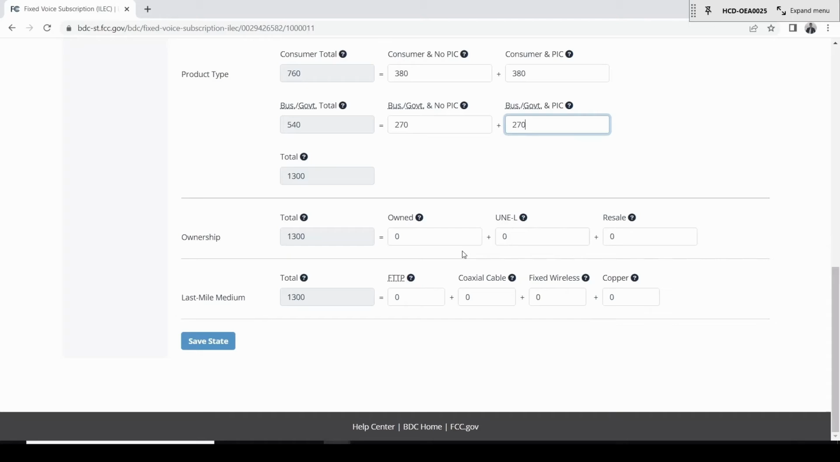In the section By Ownership, you must show how your total lines are divided between lines that terminate at the end user's premises over last mile facilities that you, including affiliates, own, obtain from unaffiliated providers as UNEs, or resell. To satisfy the validation checklist at the top of the page, total must equal the sum of